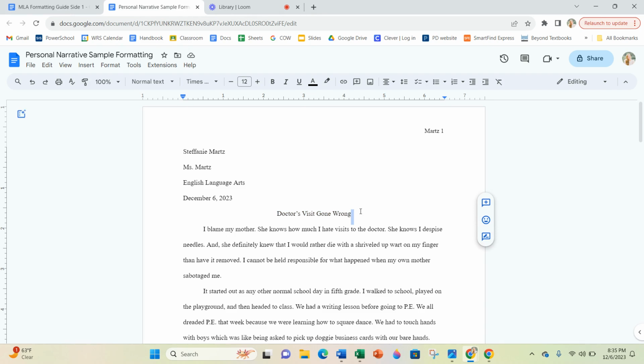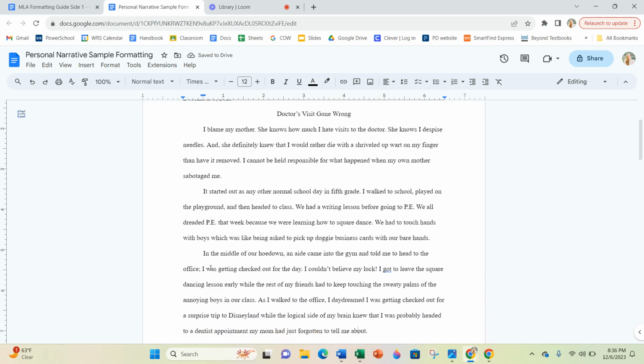Oh, and then we need to make sure after each punctuation mark, we only have one space. So sometimes I see essays like this, where people have periods and no spaces. And that's incorrect. So you want a period and one space. Some people try to do periods with 2 spaces. That's also incorrect. 1 space. Same with after you have a comma, like right here, we have 1 space. I also have a semicolon here, one space after it. So every